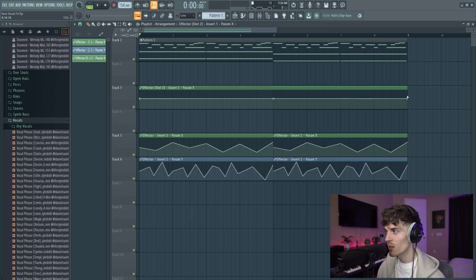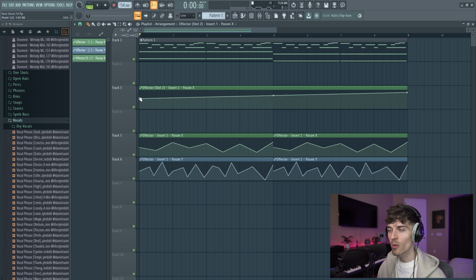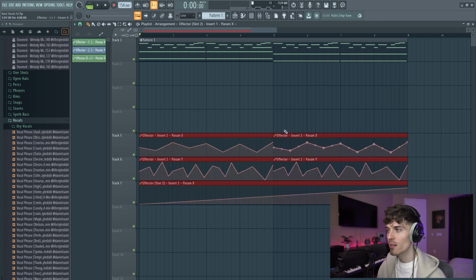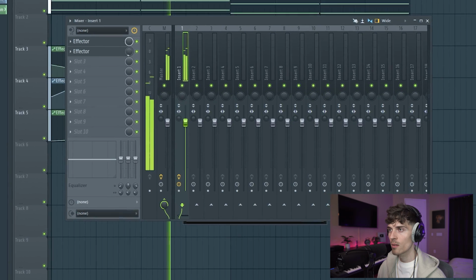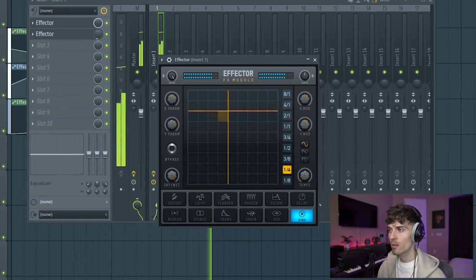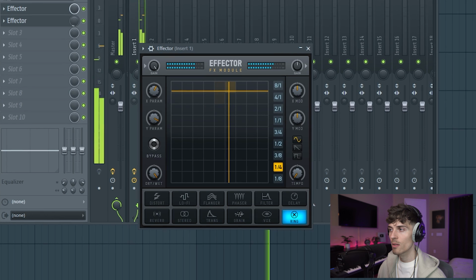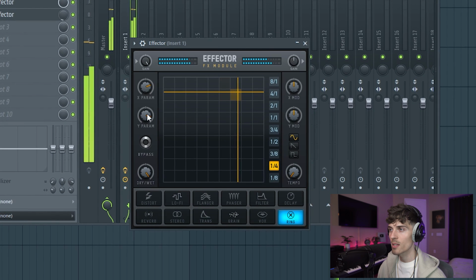Make this one a little bit smaller, and let's go something like this. Let's create like a ramp for this. Bring this down here. That sounded pretty good. You see how it creates that crazy build up at the end where it's like